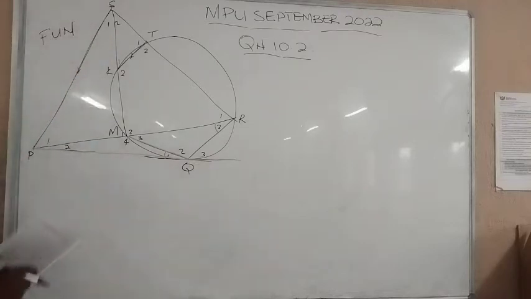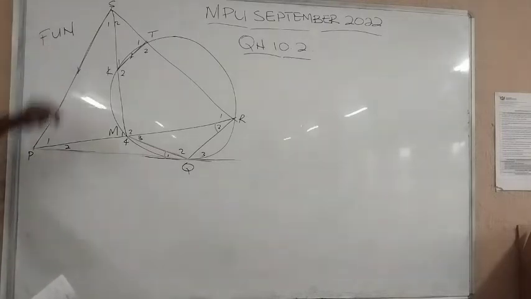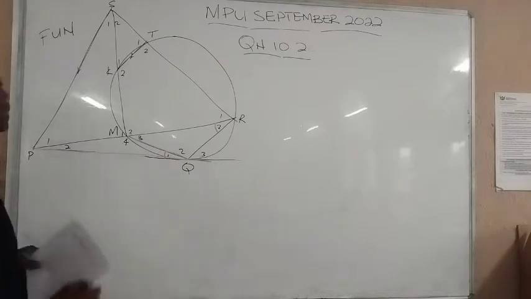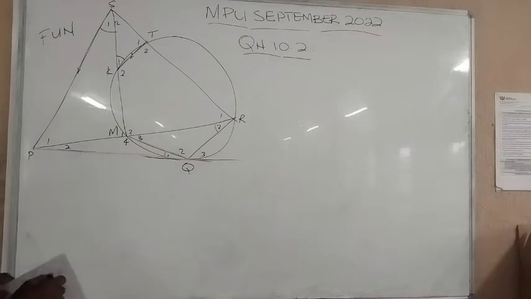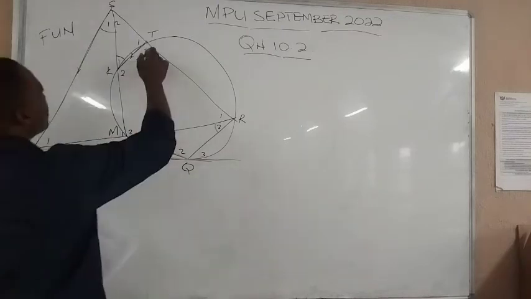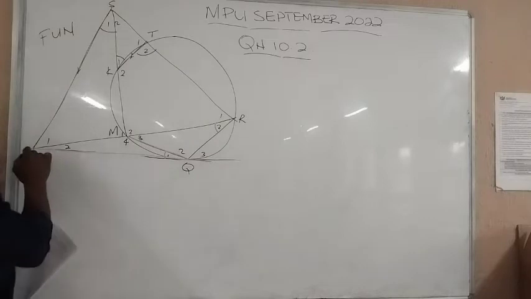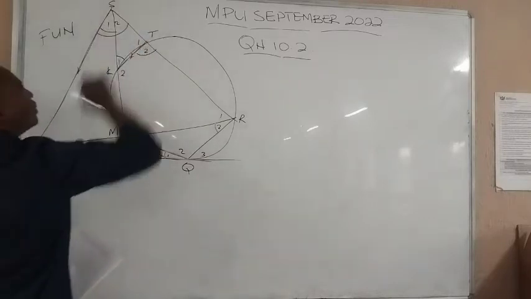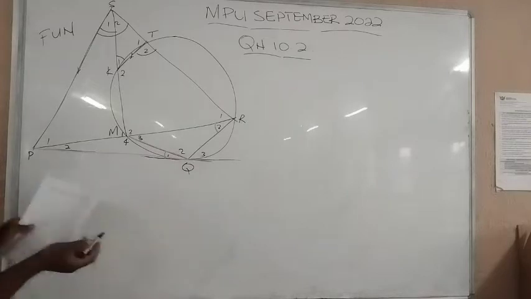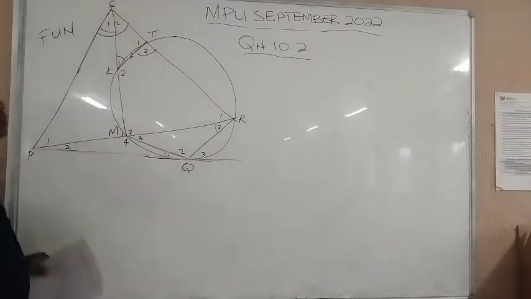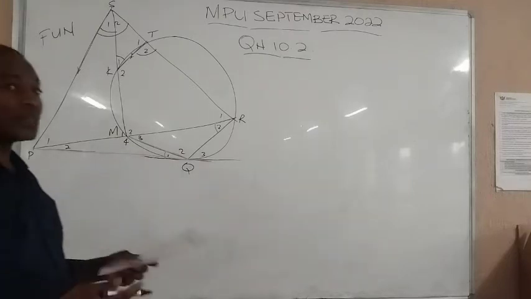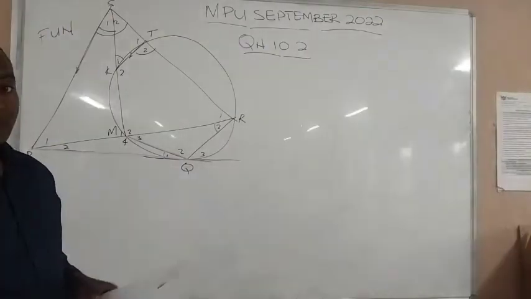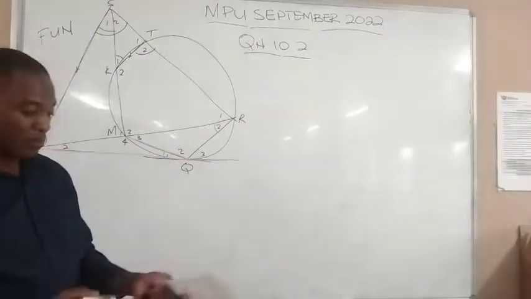that we have corresponding angles, we have interior angles, we have alternate angles. So you must already notice that S1 is equal to K1. You must also notice that T2 is equal to angle S. Also to note that they are co-interior angles, all things like that. So when you are answering the question, those are the pointers on which path you must follow to answer